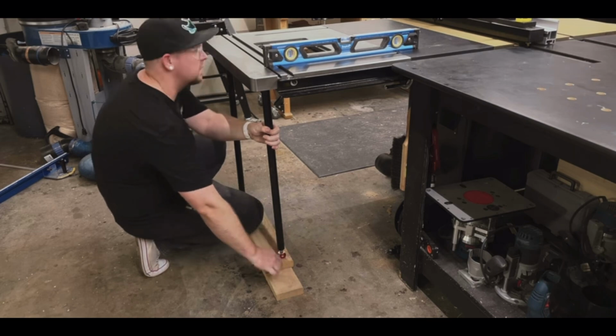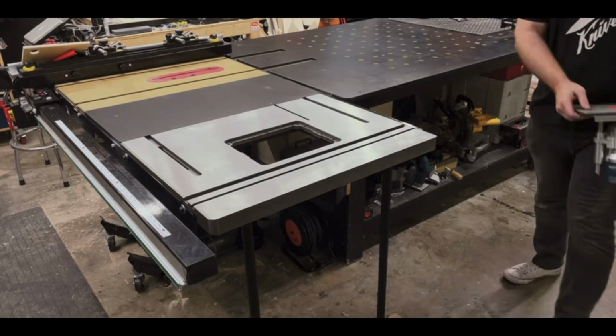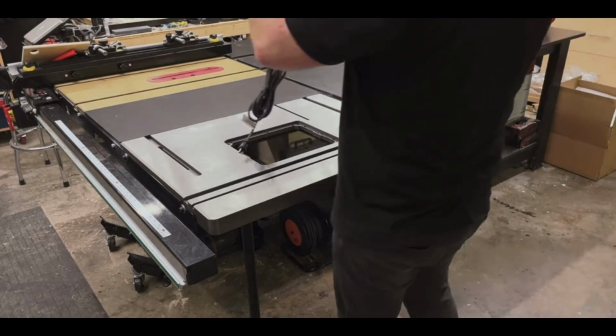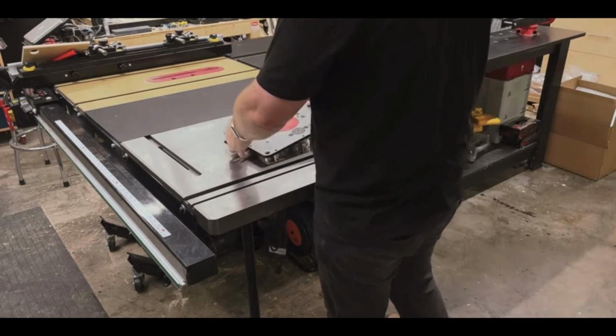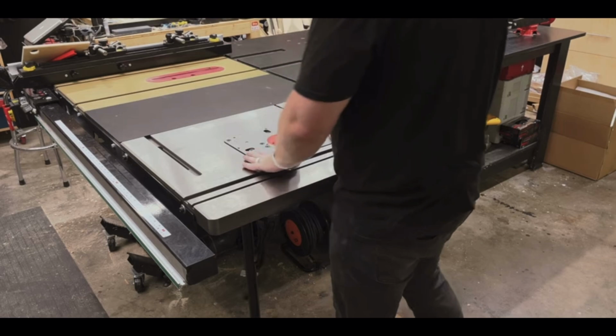top. And as you can see, I've got these 2 pieces of ash underneath there, and that's because I didn't have enough length, because I have the mobile base and my garage kind of slopes a little bit. But we got it all leveled up, and then it was time to drop in my router lift, and I'm